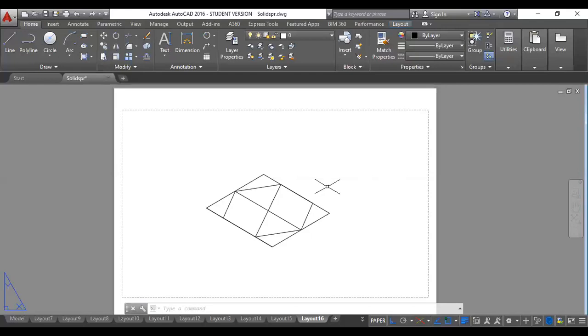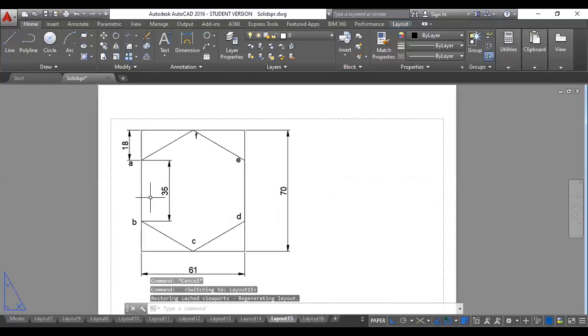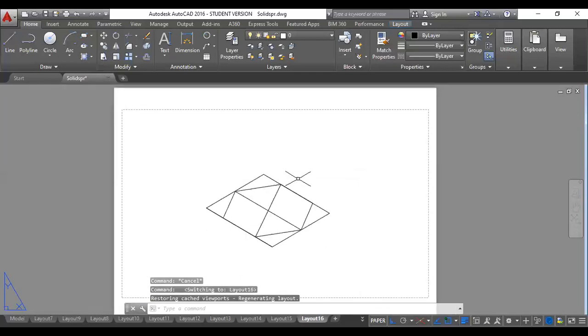So now I want to draw a 20 hexagon at the top. Does it mean that once again I have to draw a 20 hexagon, enclose it within a box and then draw it over here? Yes, that you have to do in theory when you're doing the manual sketch. But in the software, you can do it much easier. You can just use a scale command and do it.